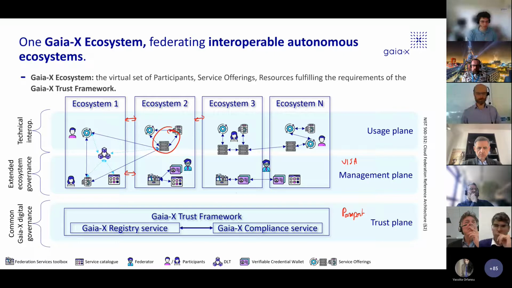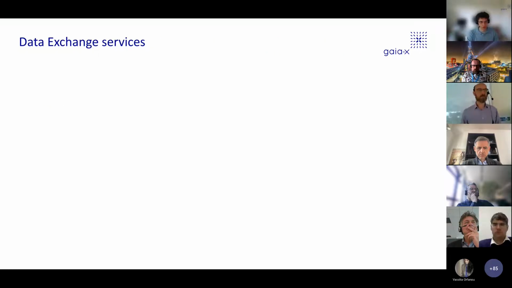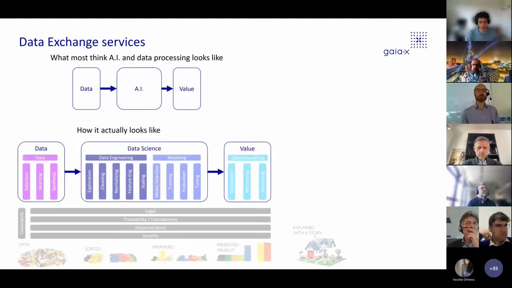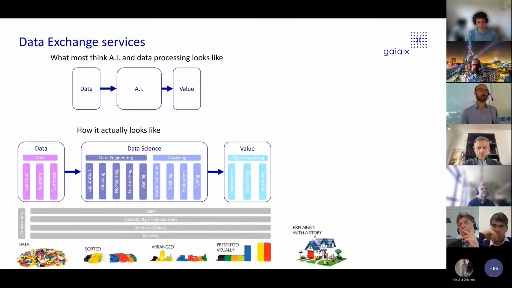the data exchange between ecosystems. And why am I mentioning data exchange? Because we have this huge challenge: when we talk about data, usually you have data, AI, value. What it actually looks like when you deep dive is that you have at least data ingestion, where your data is coming from, how you explore it, how you clean it, how you normalize it. You might even pre-compute some engineered features, data augmentation, generation, and then you train the model with hyperparameters, with the weights of your neural network, and then you operationalize that.